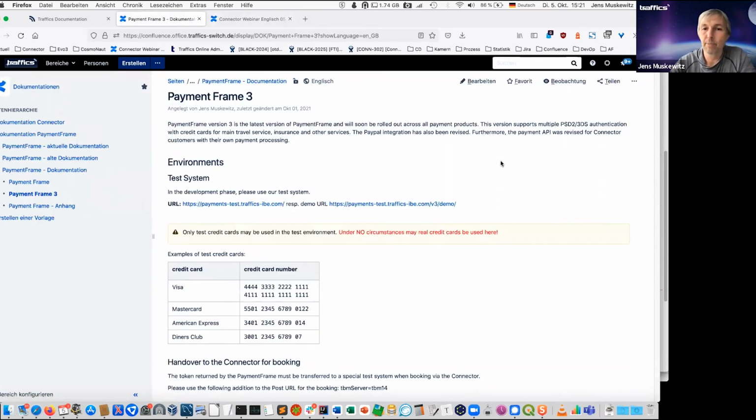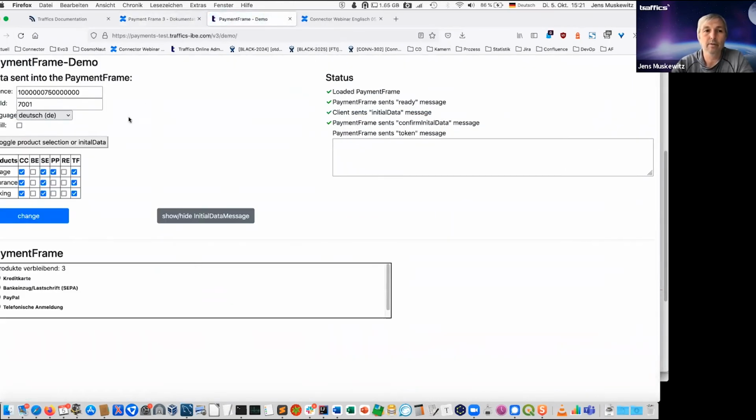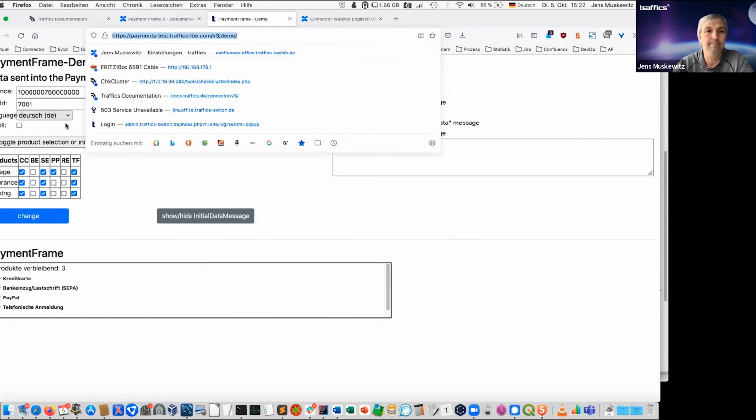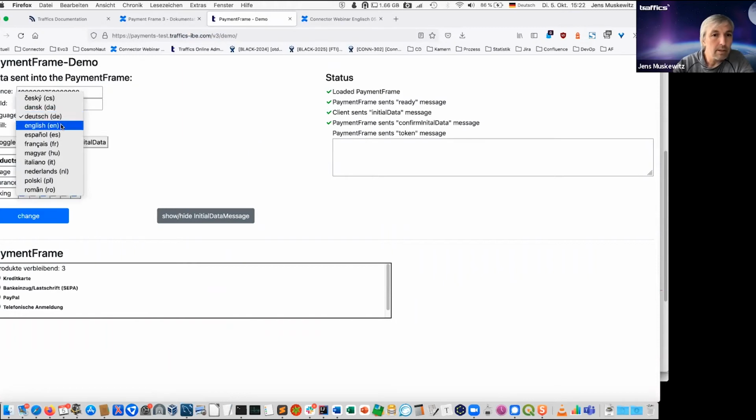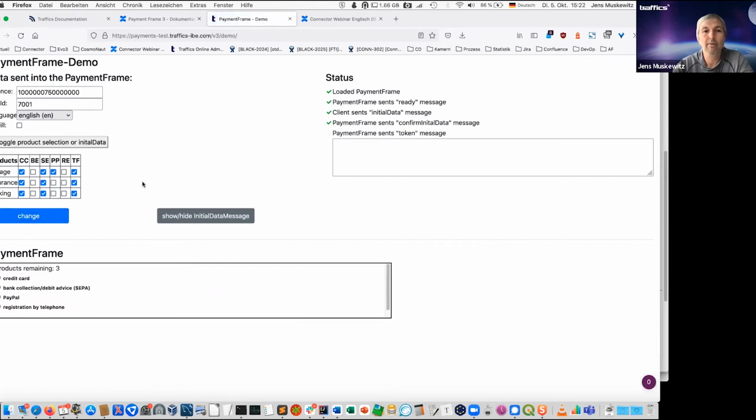So the new payment frame, we have a little demo here. So you have a certain license and you see, let's switch to, let's say, English. So they have the whole thing in English. Depending on what product you have, here's the example, you have a package, an insurance and a parking booking. So you can say, I have credit cards, that's all abbreviations, all explained in documentation. I've bank